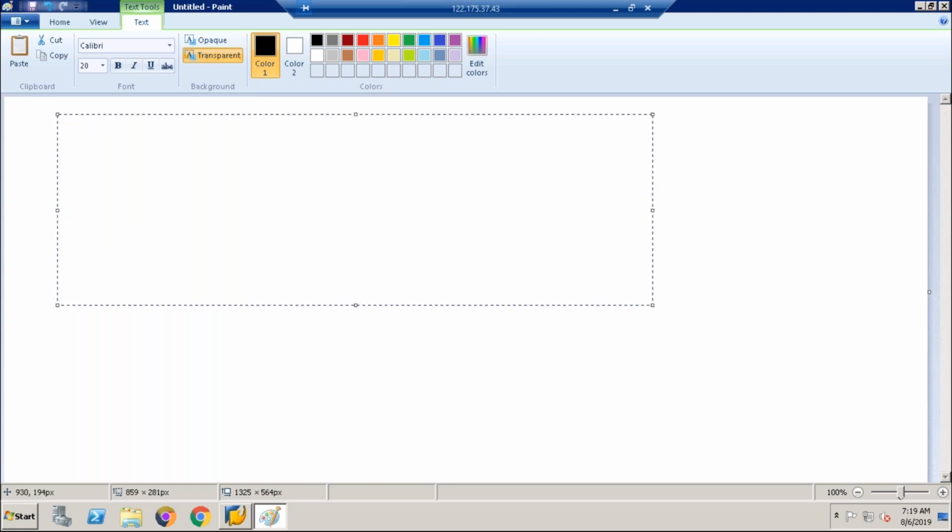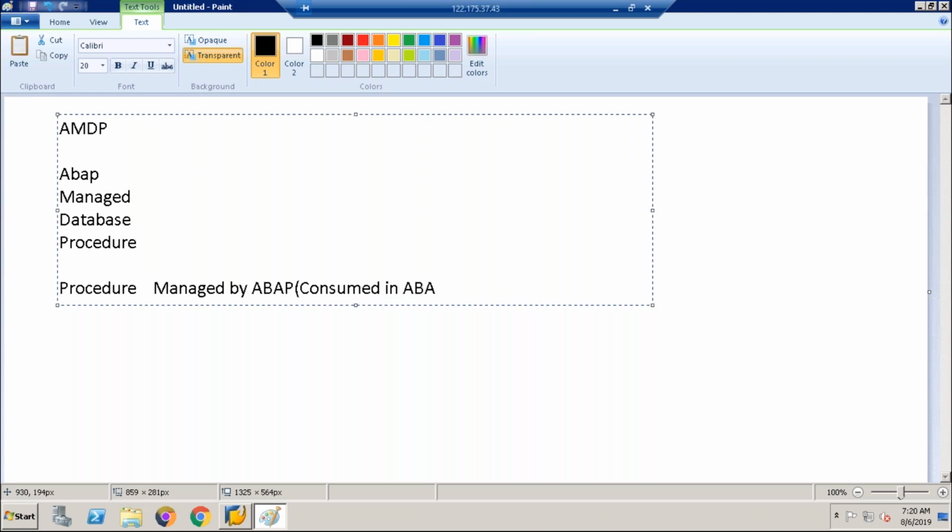Okay, it's like a routine procedure. It's a procedure managed by ABAP. Managed by ABAP language means consumed in the ABAP layer. So that is the meaning of managed by ABAP. So AMDP is a procedure managed by ABAP, or consumed in the ABAP layer, but executed in the HANA database.